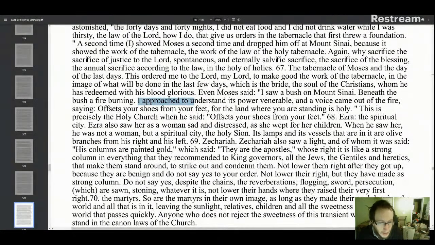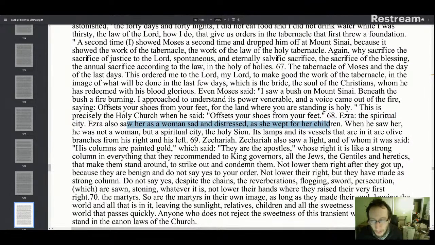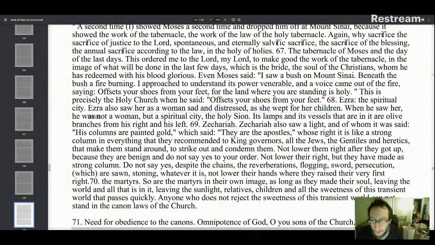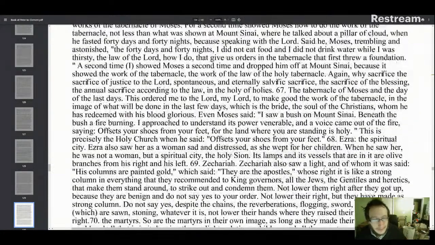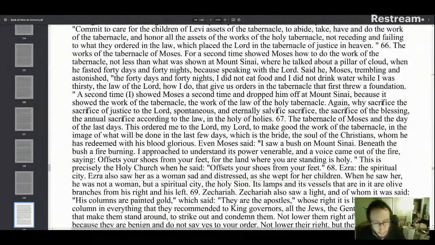So, and then right after, it's quoting from 2nd Esdras, by the way, right here, where it says, Ezra also saw her as a woman sad in distress as she wept for her children. When he saw her, she was not a woman, but a spiritual city, the Holy Zion. Okay, so, but this is an amazing quote, preserved nowhere else, and this must be from the Testament of